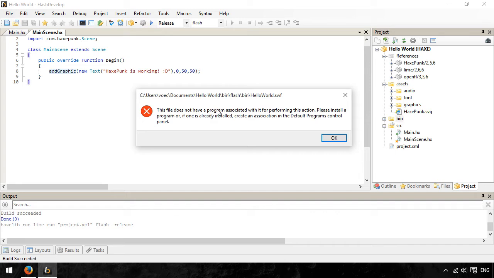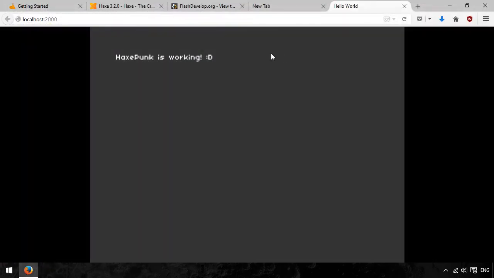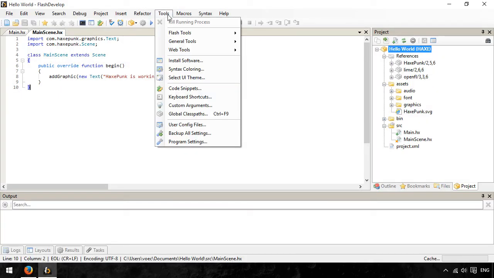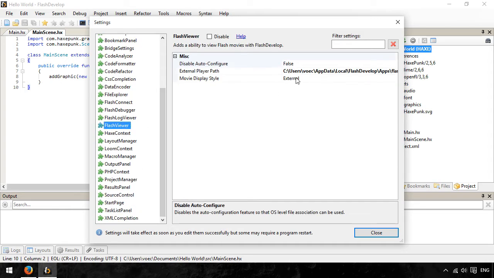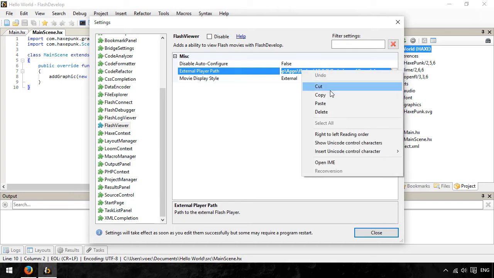So sometimes you get this message which says basically can't find a program to open the SWF with. Never mind that, just going to quickly restart FlashDevelop again, so it updates the path to the Flash player, and we're going to go to the program settings and go down here to Flash Viewer, and now here is the path to the player. I'm going to copy that,